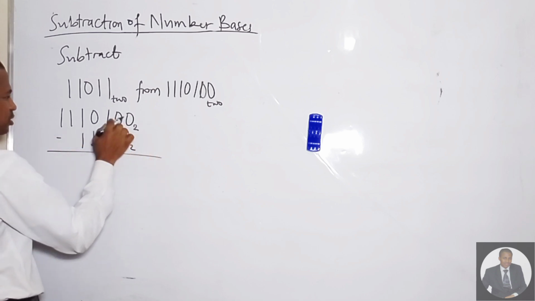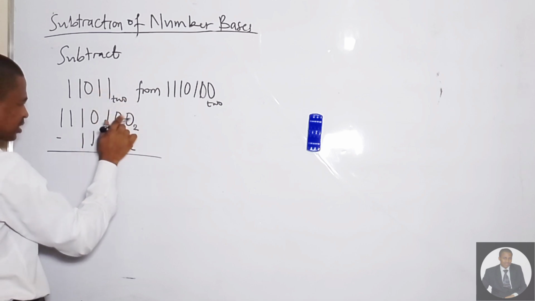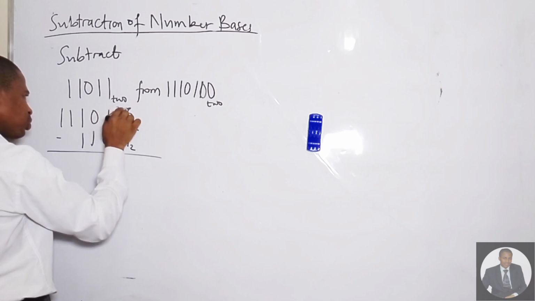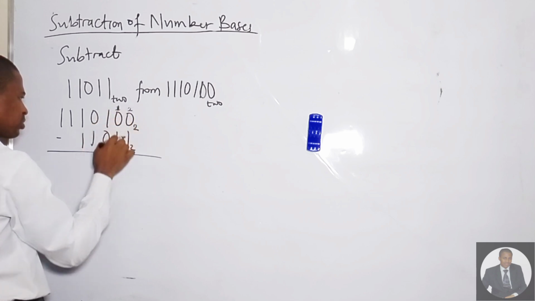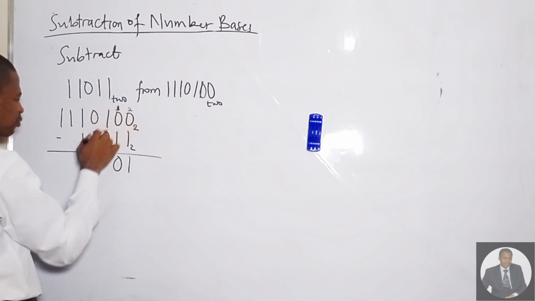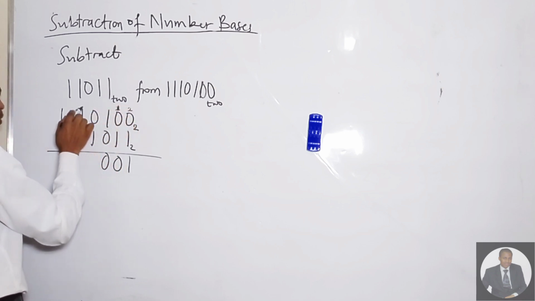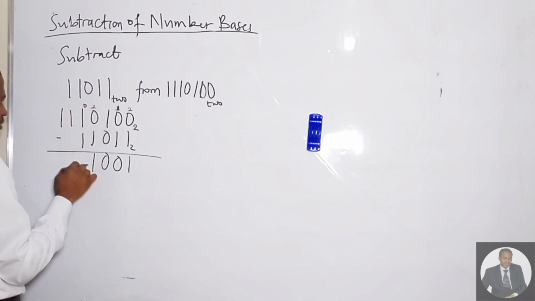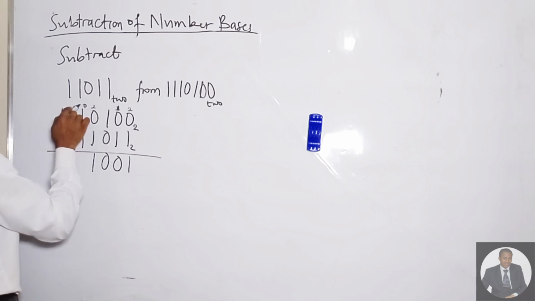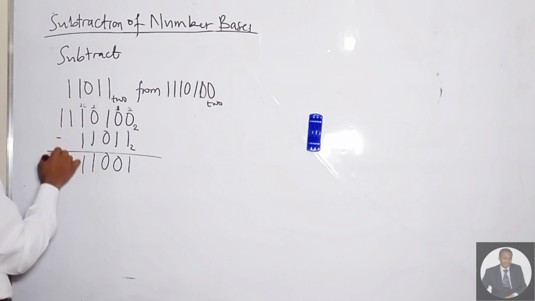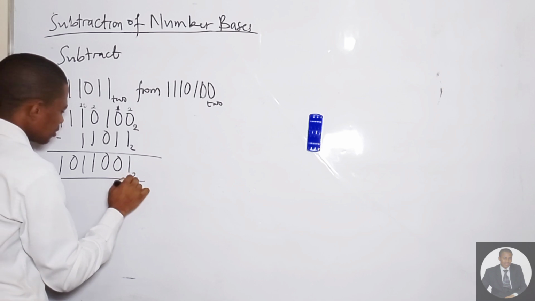We cannot remove 1 from 0, so we borrow 1. Whatever one we are borrowing represents 2. When we borrow the 1 from here, it will become 2. Then this will become 1. 2 minus 1, 1. 1 minus 1, 0. This is 0 already because we have removed 1. So 0. We borrow 1 from here to be here. That will be 2. This remains 0. 2 minus 1, 1. This is 0. We borrow 1. The 1 represents 2. Because this was 0, since we have borrowed 1. 2 take away 1, 1. This is 0 and this is 1. So our answer is